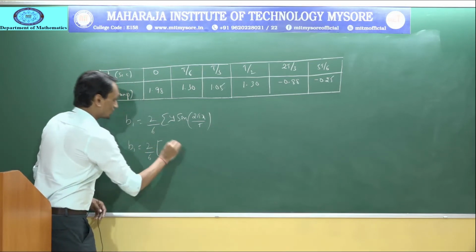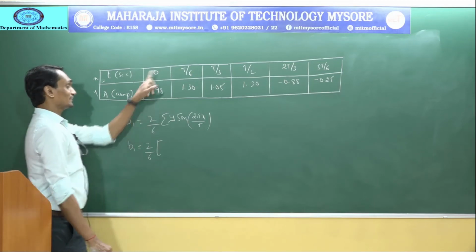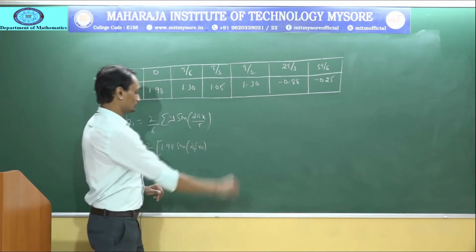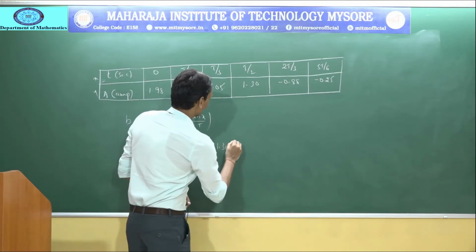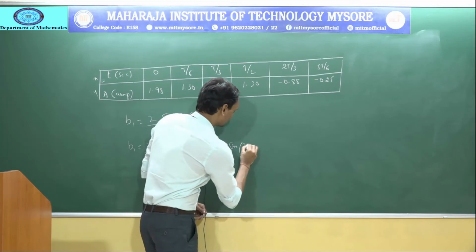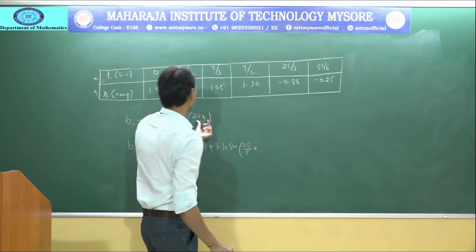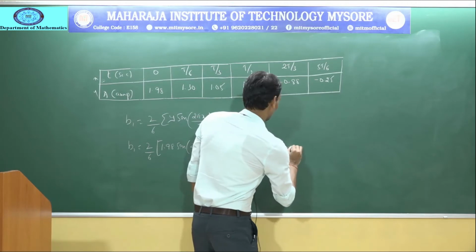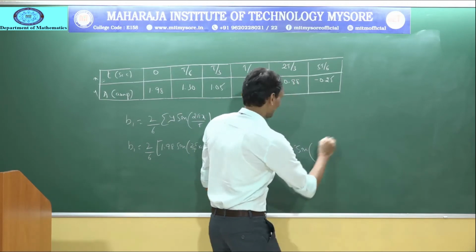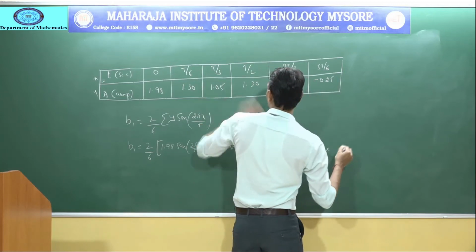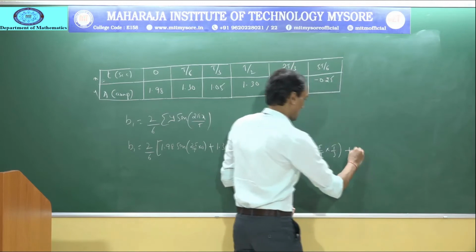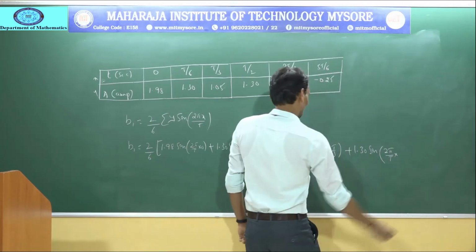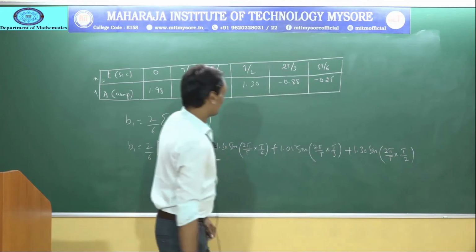B1 equal to 2 by 6 summation of y, that is 1.98 into sine 2 pi by t into 0, plus 1.30 into sine of 2 pi by t into x, which is t by 6, plus 1.05 into sine of 2 pi by t into t by 3, plus 1.30 into sine of 2 pi by t into t by 2, minus